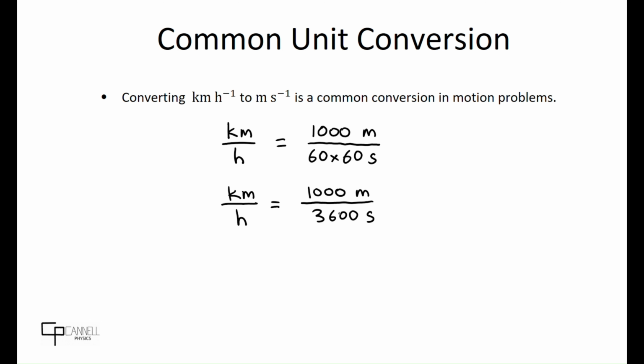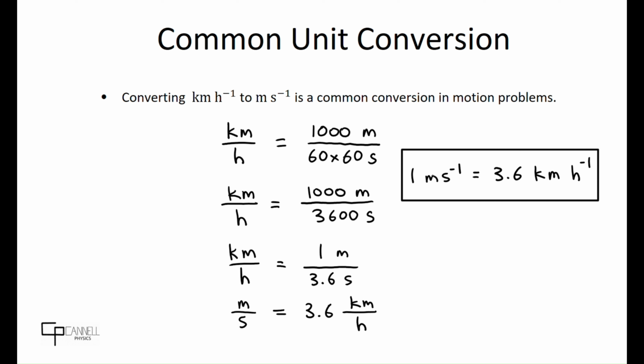And if we do some simplification here for the 1,000 and 3,600, now to rearrange for meters per second, or m/s, we simply multiply the 3.6 across. So I've written it like this, so that it's clear to see that 1 meter per second equals 3.6 kilometers per hour. And writing these units conventionally to the right here, so we can see that to convert from meters